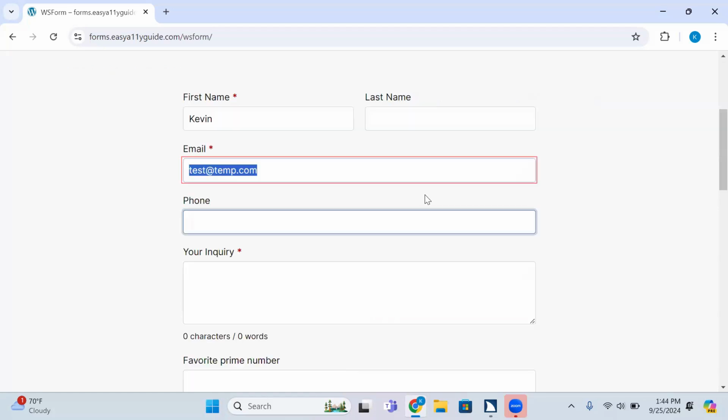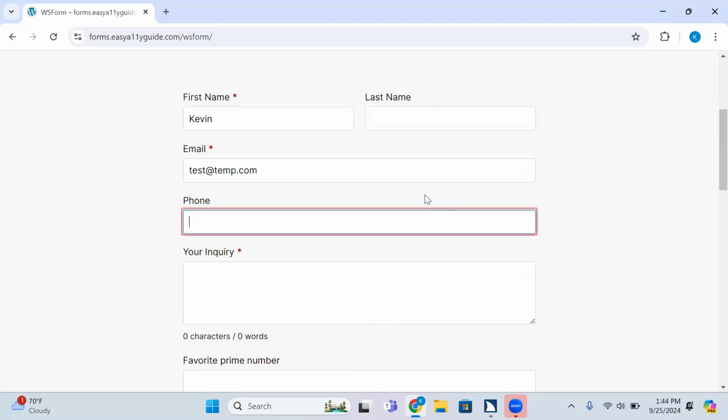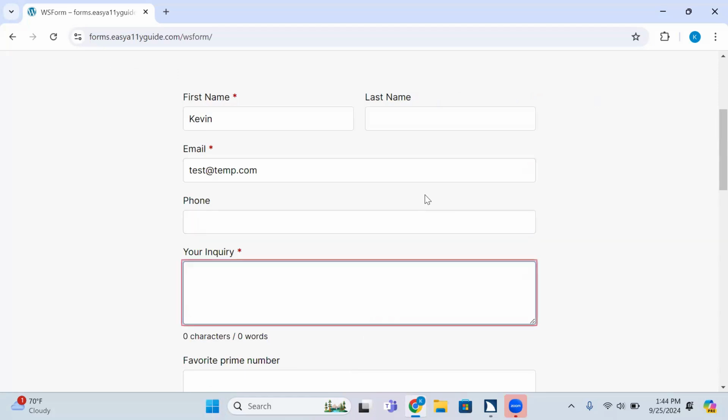Phone. What? Email. What is that? Phone edit. Blank. Type in text. JAWS does weird stuff like that sometimes. I don't know. Your inquiry star edit required. Blank. Type in text. 9 characters / 3 words. Whoa. 10 characters. That was very jarring. 11 characters / 4 words. Hmm? 12 characters / 4 words. 13 characters. 14, 15.